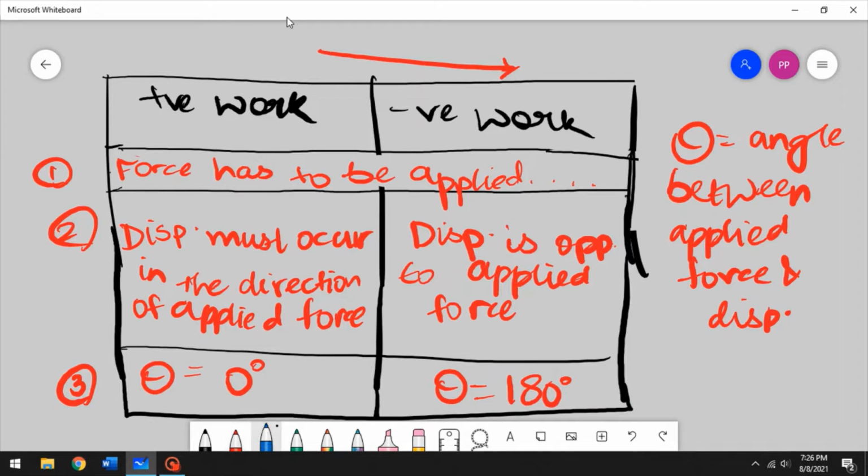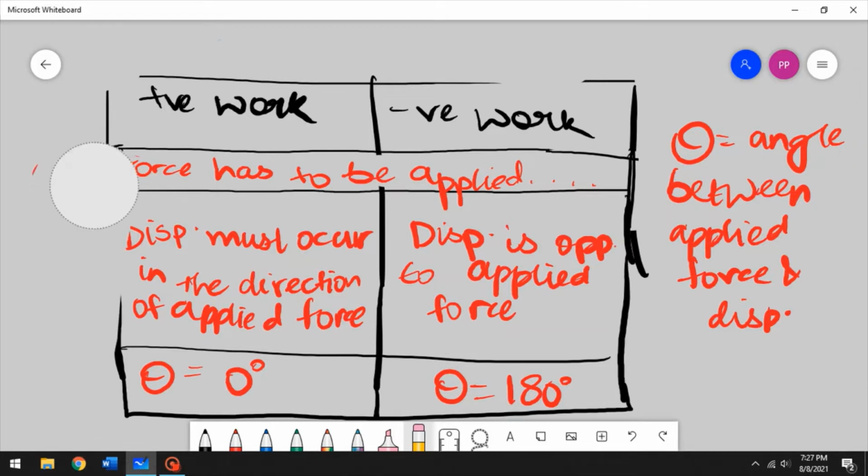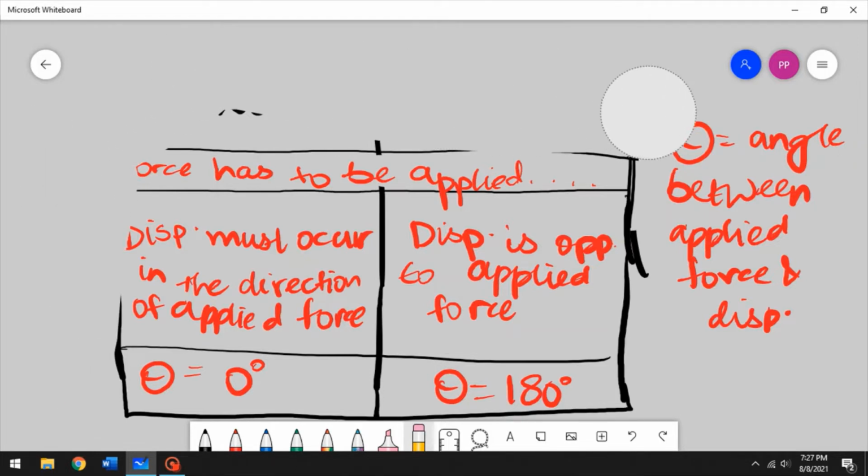do work with red and displacement with blue, so that the angle between them is 0. However, if you consider work being done towards the right and displacement towards the left, the angle between work done and displacement is 180 degrees, right? So this is an easy way of remembering that if theta is equal to 0 degrees, the work done is positive, and if it is 180 degrees, work done is negative. That is a very important and easy way to remember the difference between positive and negative work, because